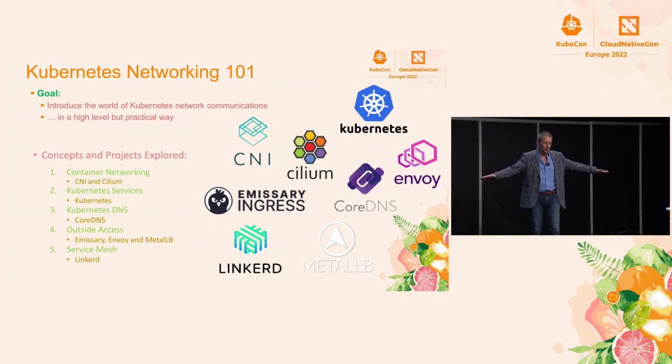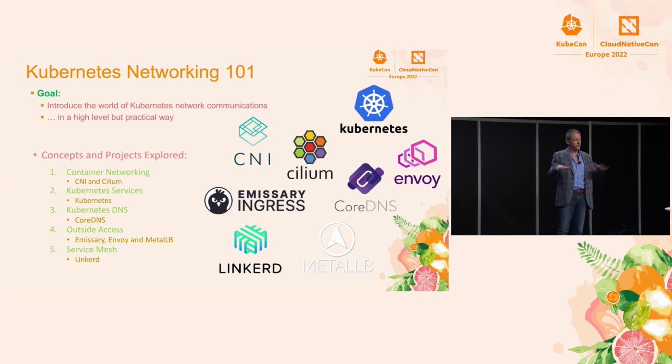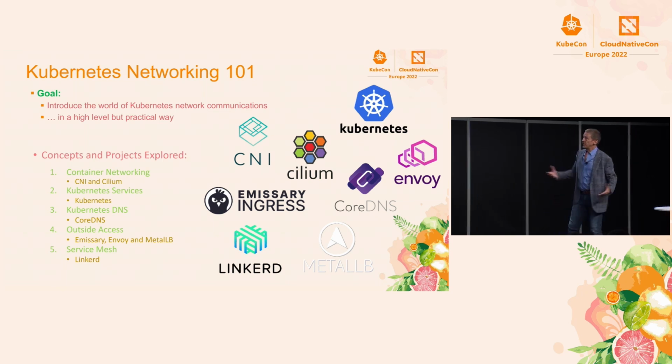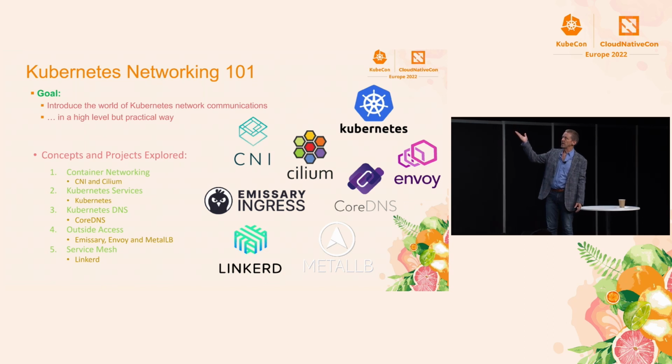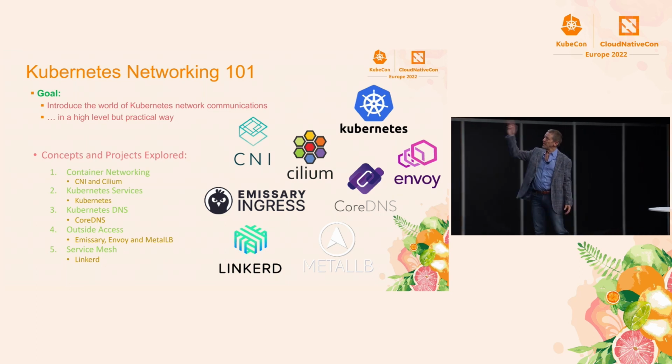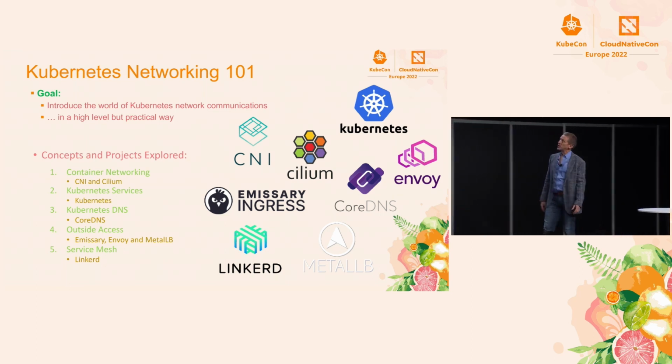It's very rare to find a Kubernetes cluster that doesn't have plugins for all 3 of those, and sometimes multiple plugins for some of them. But to just get up and running after you've installed Kubernetes, you're going to need a container network interface plugin, and we're going to use Cilium. Cilium is a project at the CNCF, really cool solution for networking, and we'll talk about that briefly. Then we're going to get into step 2, which is Kubernetes services.